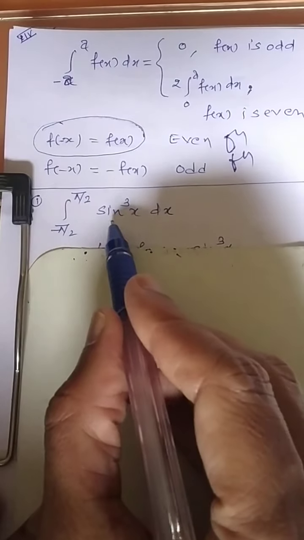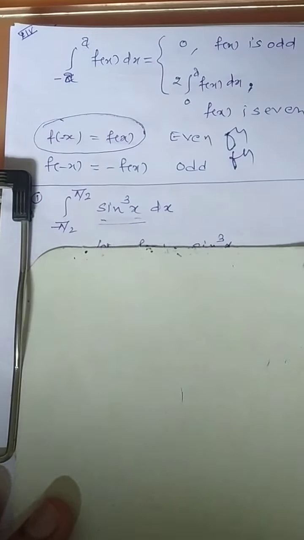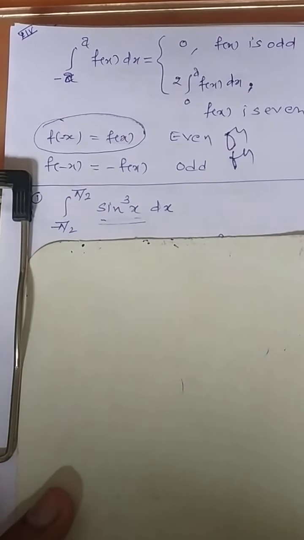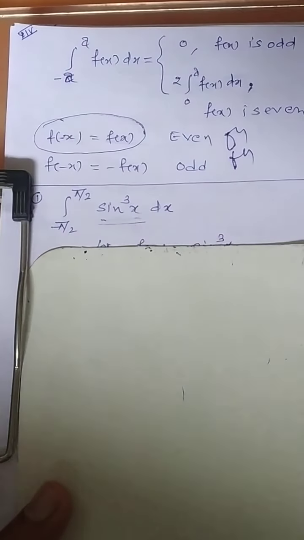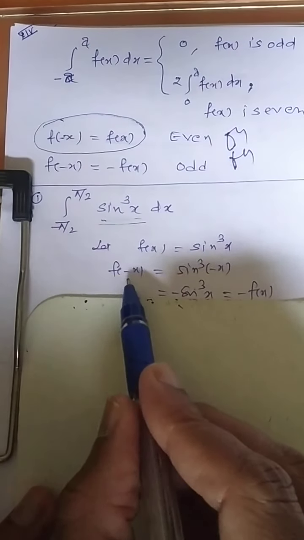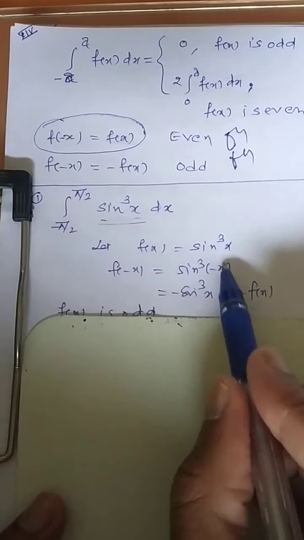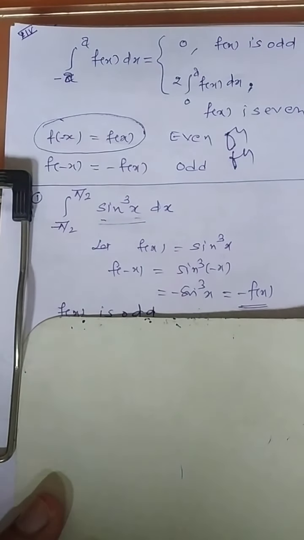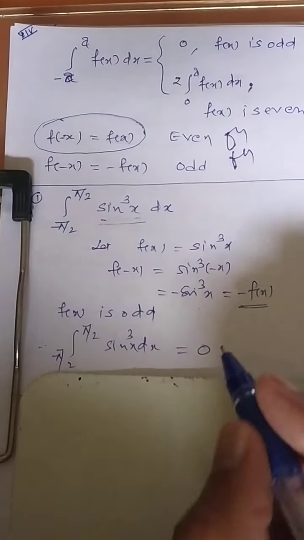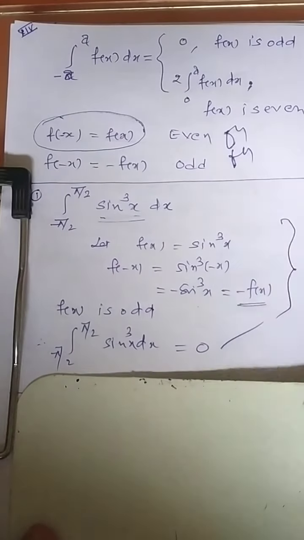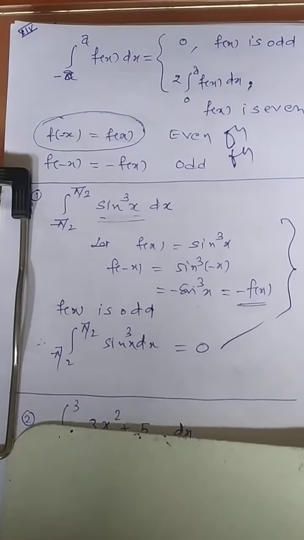Now the expression is sin cube x. One can answer this question in two ways. You know the integration of sin cube x, two methods you know, so you can apply that method and get the answer. But I am trying to solve this question by a third way, replacing x by minus x. Look, x is replaced by minus x, sin cube of minus x, so it will be nothing but minus of sin cube x. So it is an odd function. If f of x is odd, straight away write 0. No need to solve the question. But this procedure of showing the given function is odd is mandatory.